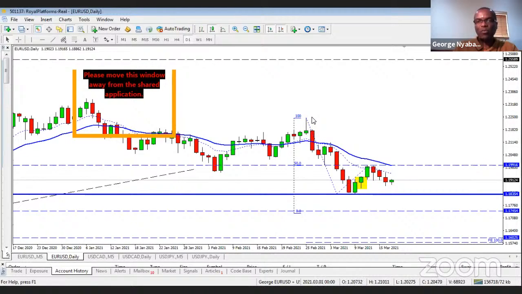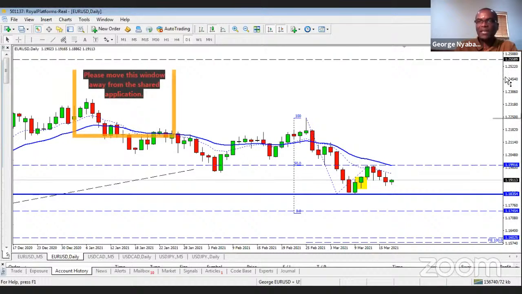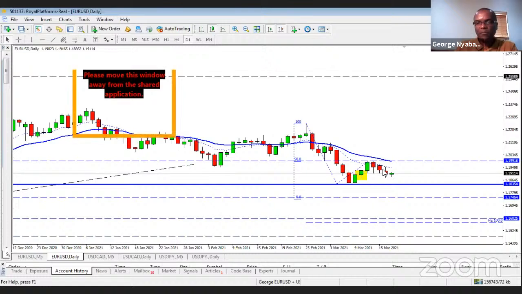So there is a leg 1 of a move. You can clearly see this is the first leg of a move that unfolded, and it was broken into 2 parts. So itself it is leg 1 and leg 2. That would have given you an area to either take profits, completely close your trade, or just take partial profits if you want to hold it and see if you get a second leg. Market turned here,